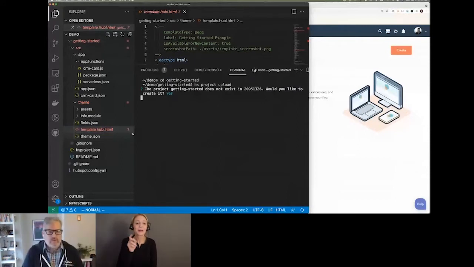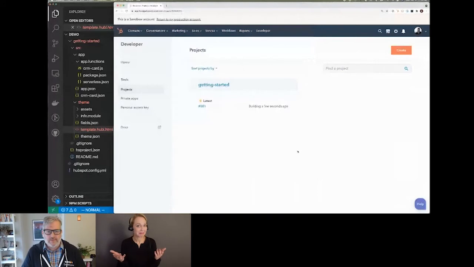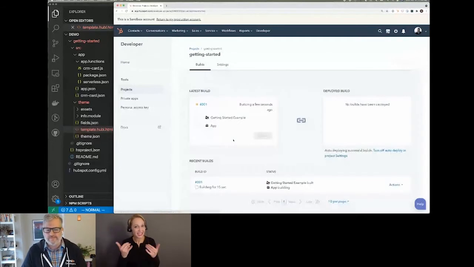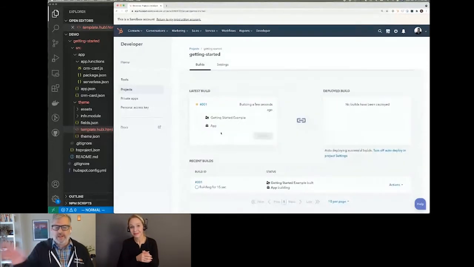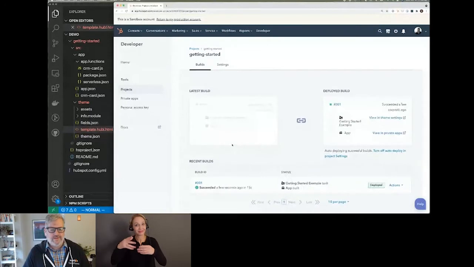Okay, whoa. Not only is this creating a project, but we're going to go ahead and do a build as well. And hop over to the UI. Oh, it saw that I created a project and it's building it. And you know, in real time, we're getting updates on the progress of this build. And during that build process,